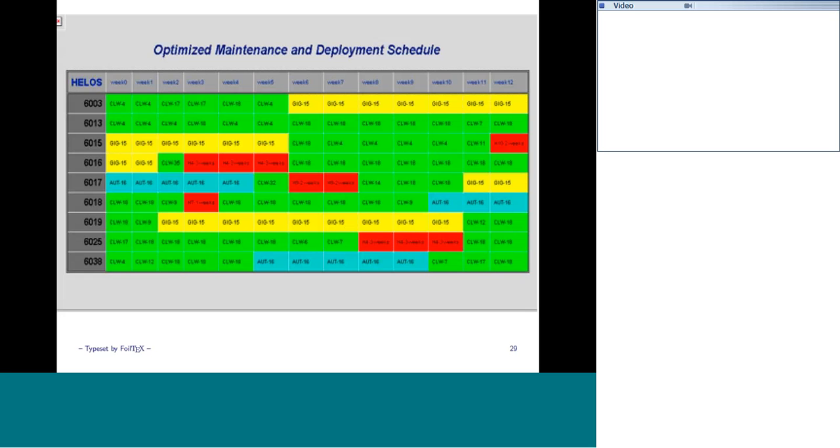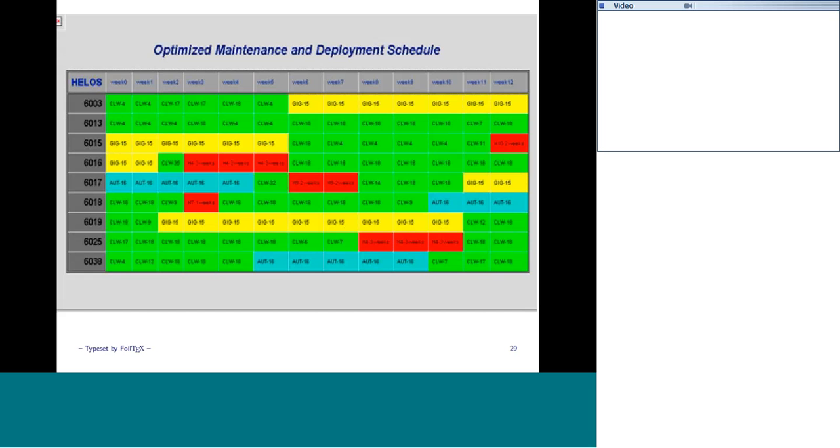And so this is what one of the schedules looked like. The green is simply where they were at Clearwater, CLW, and the red is when the aircraft are in maintenance. Some weeks you see 1 aircraft in maintenance and some weeks 2. It depends on the type of maintenance the aircraft is undergoing.